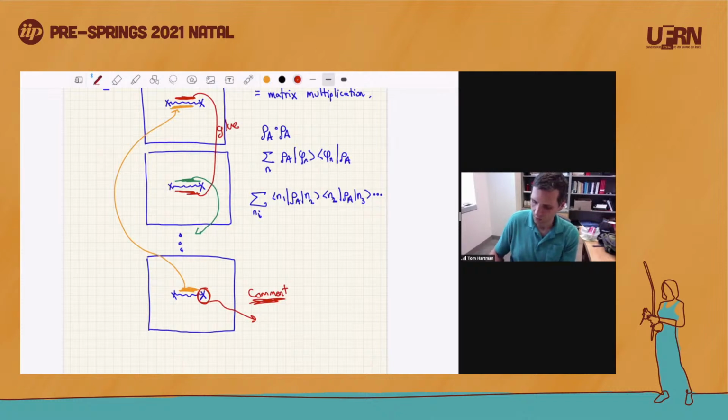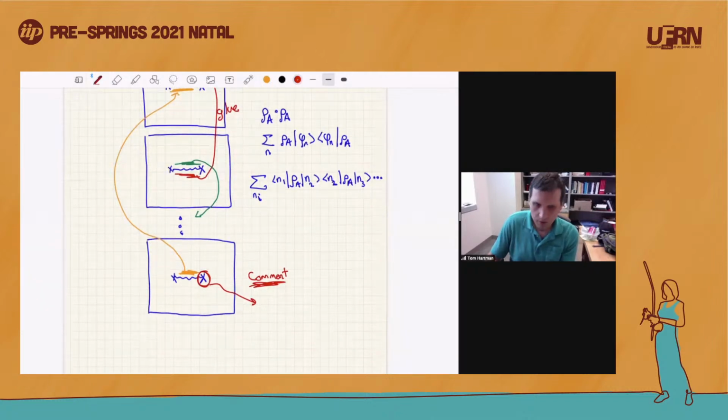So what I want to point out is that the metric around this point is dz dz bar. That's because we're not doing gravity at this point. We're just doing conformal field theory, and at no point did we change the metric. We're doing conformal field theory in flat space. So the metric is dz dz bar, but